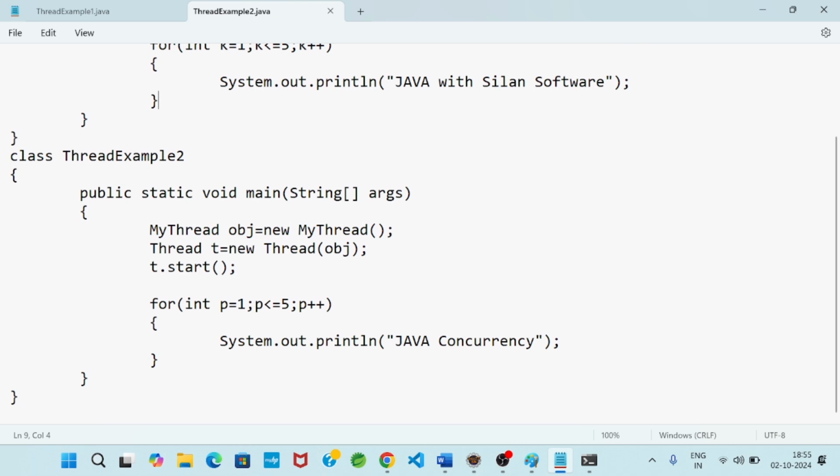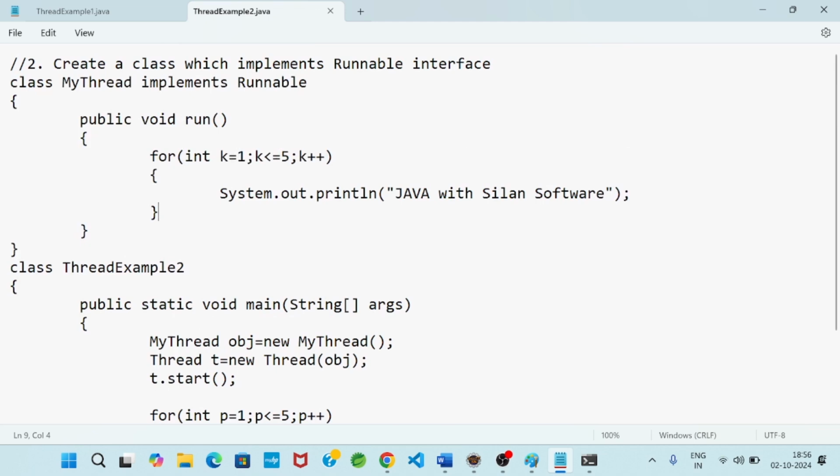So in a multi-threading program, after getting the output, we always observe in which way Java control is executing. This is one of the interview questions for freshers with 0 to 3 years of experience. How many approaches are there to create a thread, meaning a user-defined thread, and which approach is better and why?